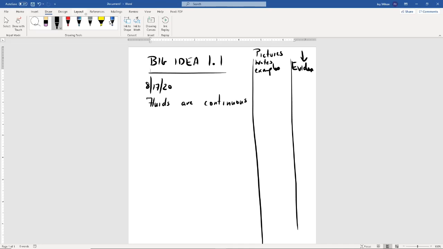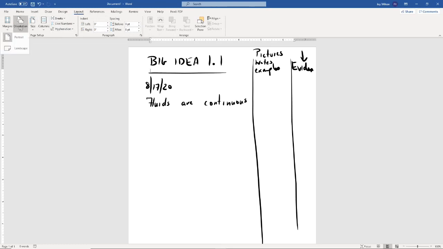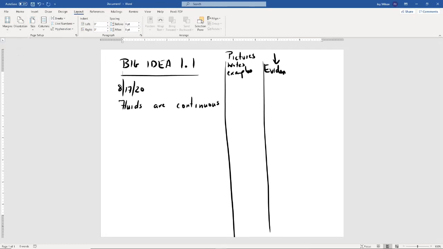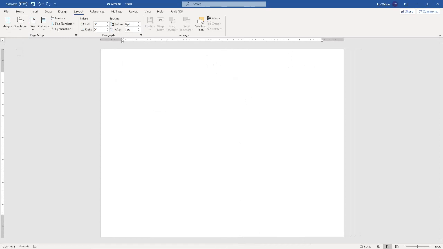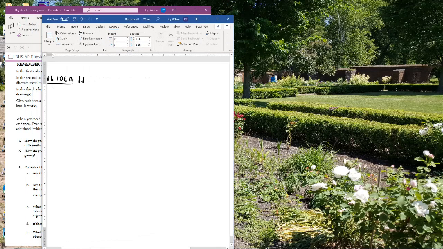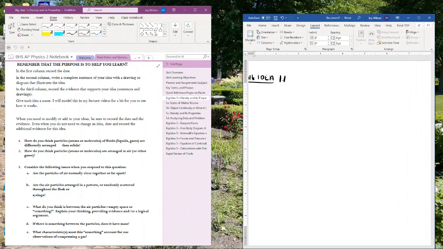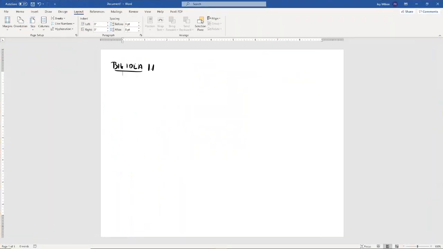So let me actually change this layout. Let's change the orientation to landscape. And I'm going to start over here real quick. So we want to create our notebooks so that we have our big idea. And I would write the question. So 1.1, the question that we have for 1.1, if I come over here and look, 1.1 is, how do you think particles of fluids are differently arranged than solids? So our big idea 1.1, and here we go,